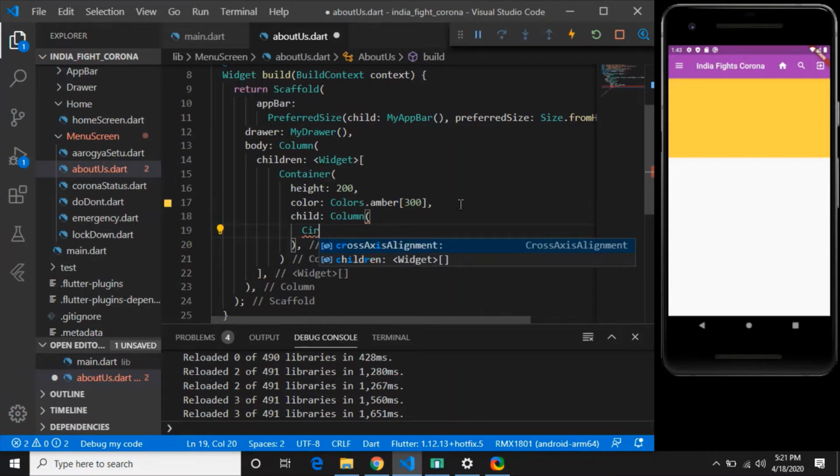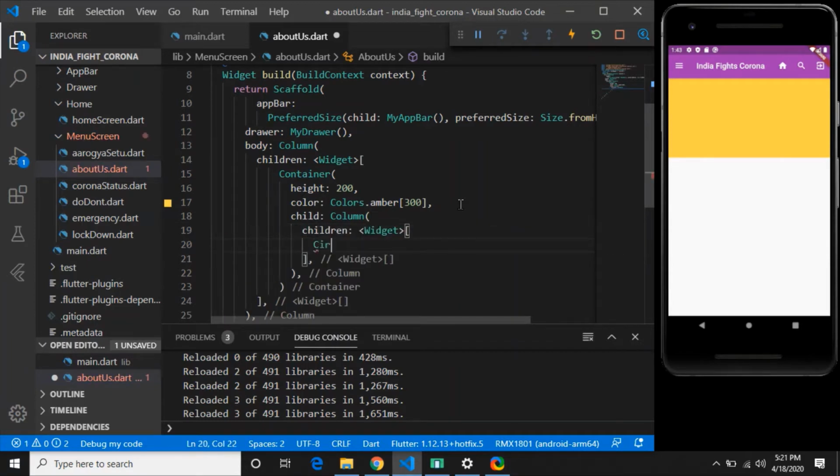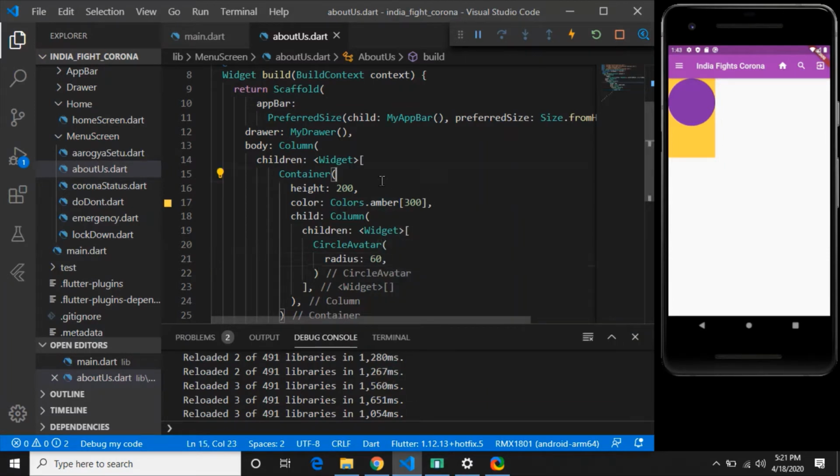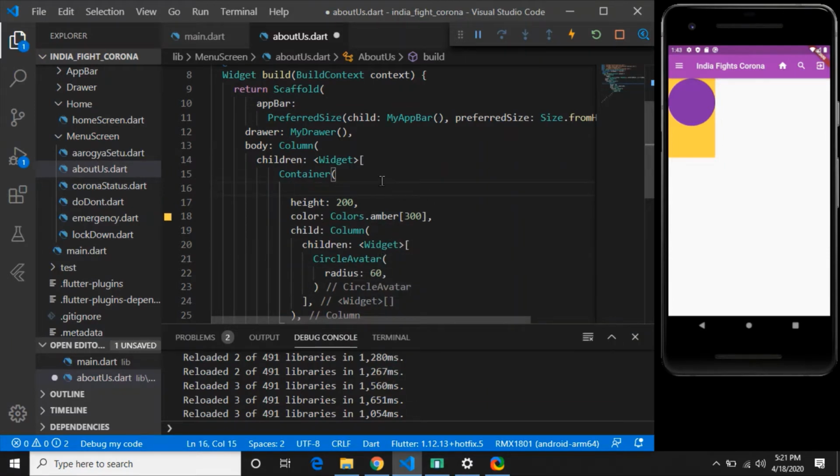Column can have multiple children, don't forget, and the CircleAvatar can of course have a radius, let's say 60. If I save this, okay, the container can have the maximum width, so width will be set to double.infinity, and if I save this now, yeah, this will be fine.